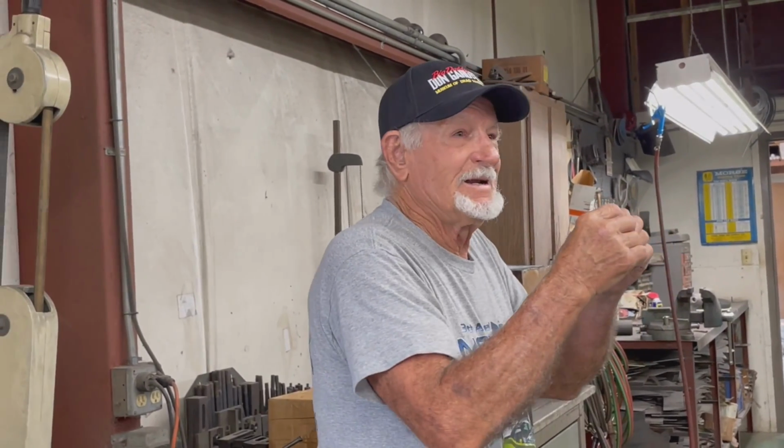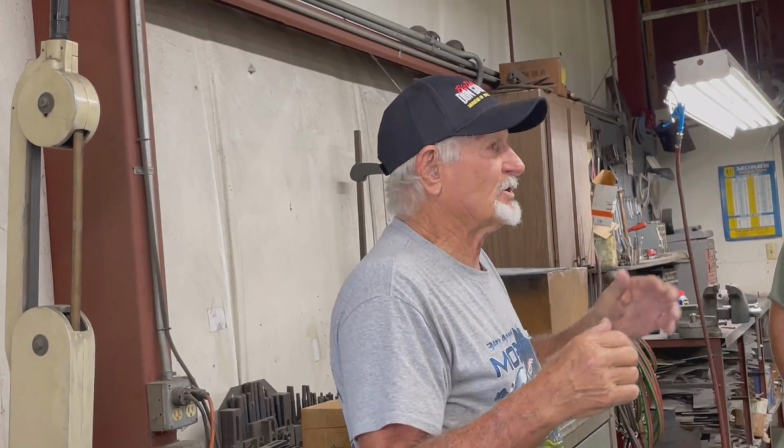Built a lot of those Hydromatics. Eventually I found out that you could change the planetary and make them into close ratio. And then I found out you could raise the pressure and they would shift harder. Well, first, you know, I was building racing Hydromatics. And only got like $75, you know. I mean, I ground the valves in a 52 Cadillac, complete drive-in, drive-out, $52. The invoice is in the case in there. It was a different time. But anyway,